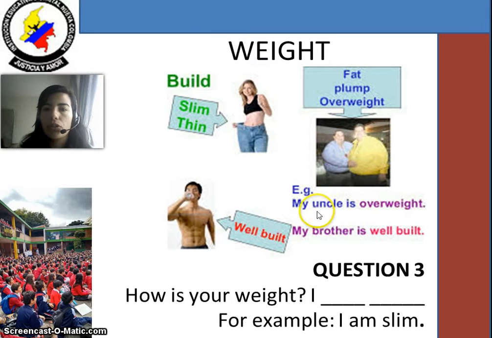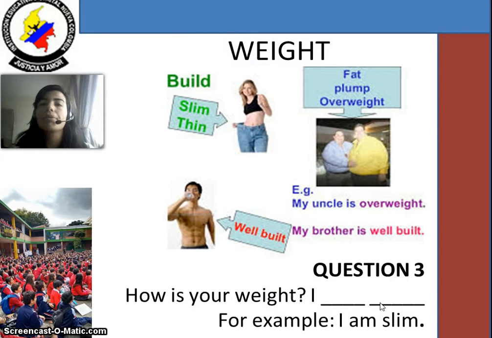So we have here example. My uncle is overweight. Mi tío está de sobrepeso o muy gordo. My brother is well built. Mi hermano pues tiene un buen cuerpo. Question. How is your weight? ¿Cuál es tu peso? Entonces,